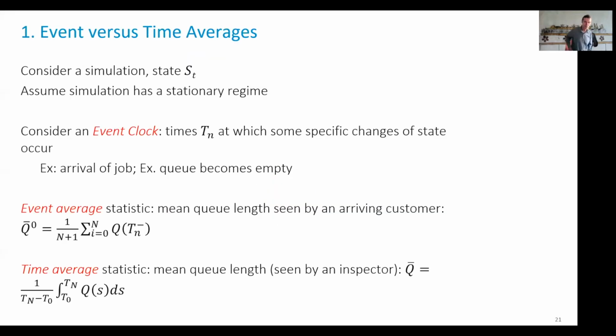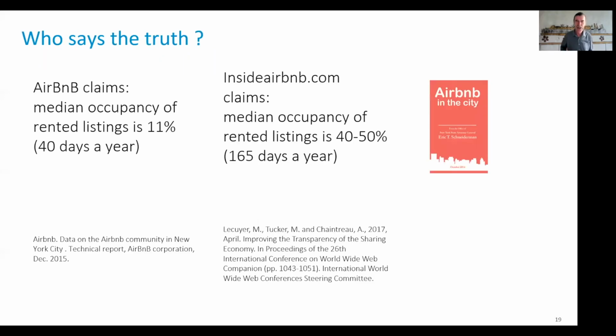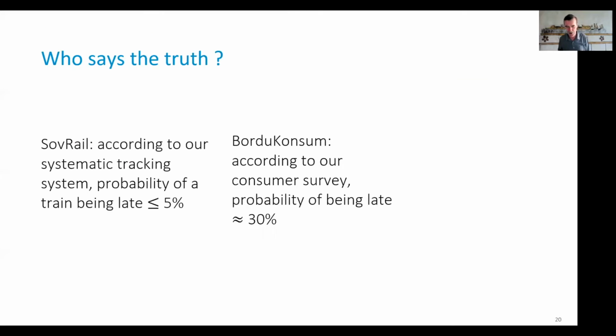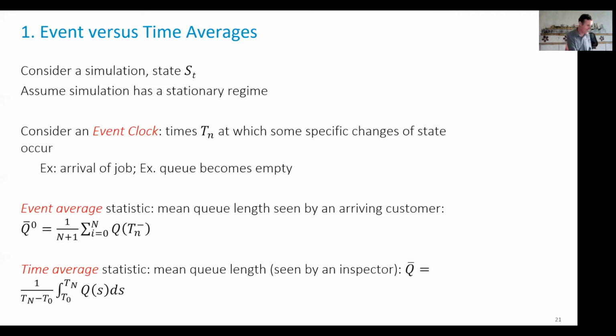Well, it's a sampling bias problem. Probably both are saying the truth, or in both cases, it is thinkable that both are perfectly correct, and that the difference in percentages, in probabilities, or in metrics are not due to cheating. This, of course, can happen. There are also statistics that are cheated, but sometimes it's more subtle than that. To understand why, let's see an example that's closer to the problems that we tend to model in this course, so a computer system.